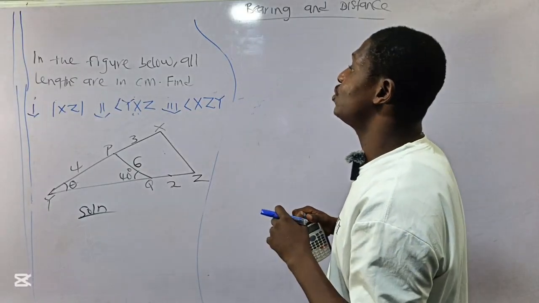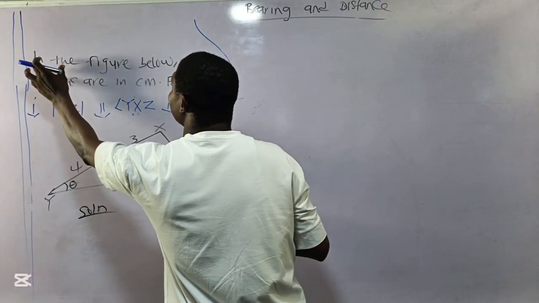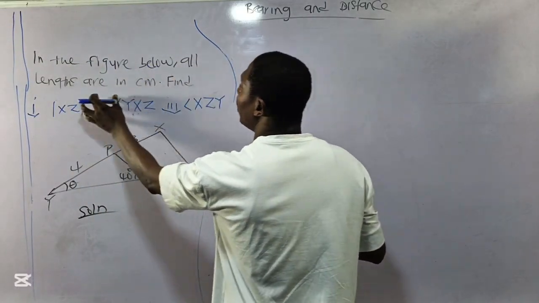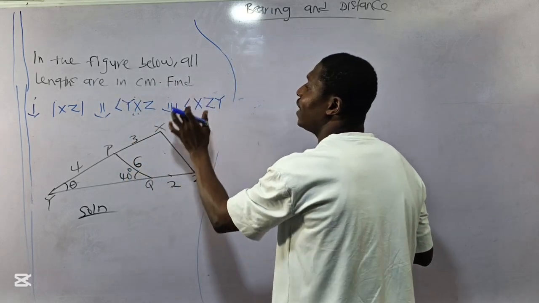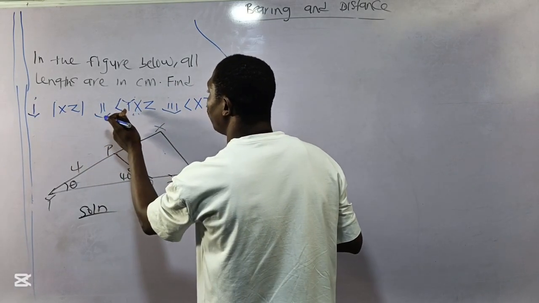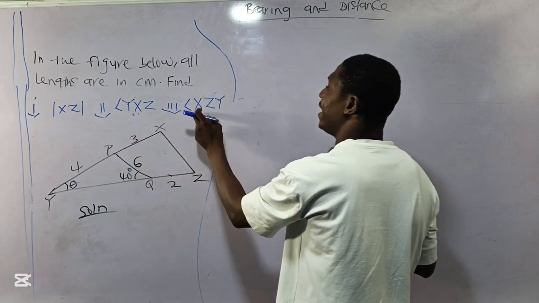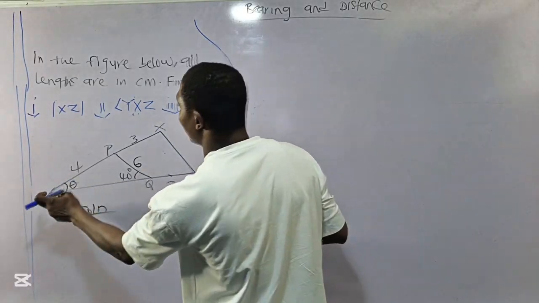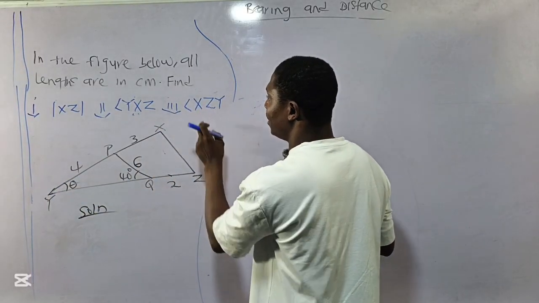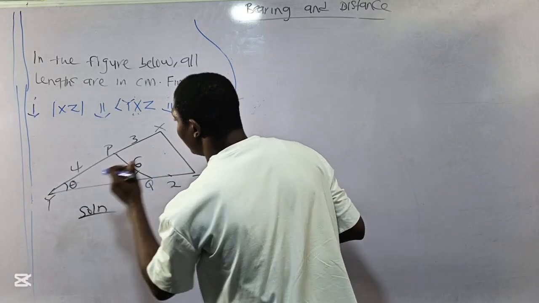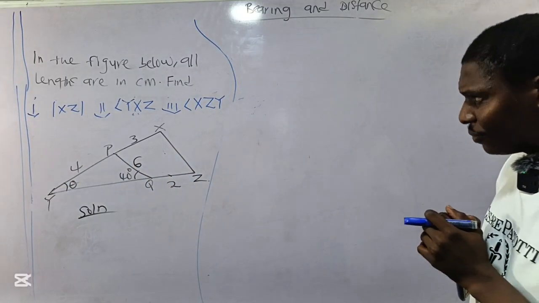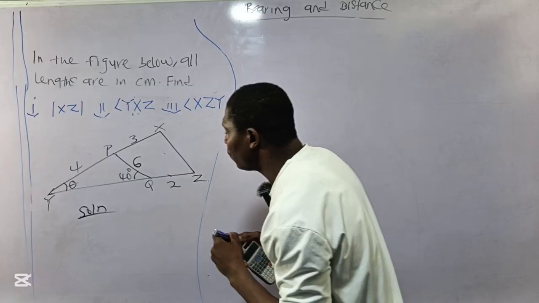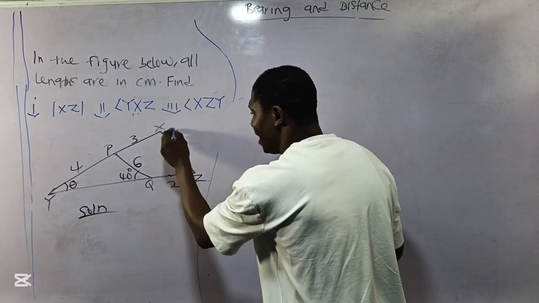Now we have a question on the whiteboard. It says, in the figure below, all lengths are in centimeter. They said find XZ, angle YXZ, and angle XZY. This is my XZ, this is my YXZ, and this is my XZY. Now, how do I get it? The first thing I have to do is to look for, if I want to get my XZ directly,